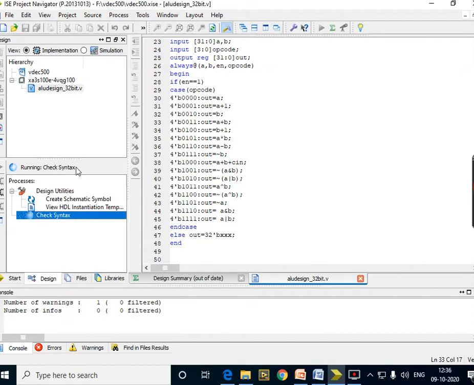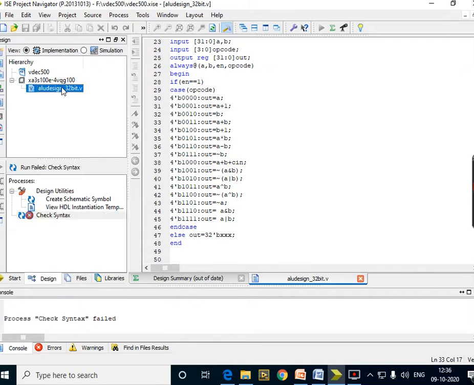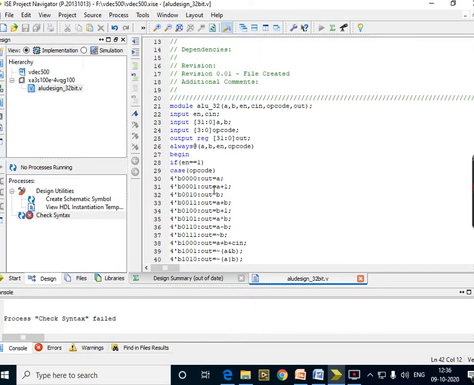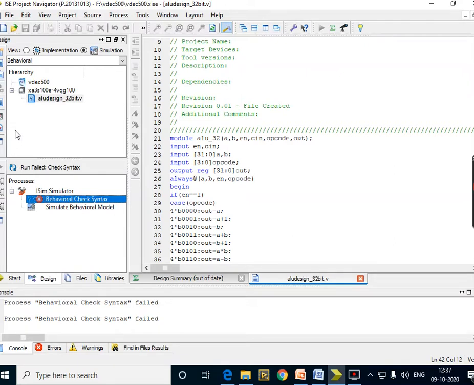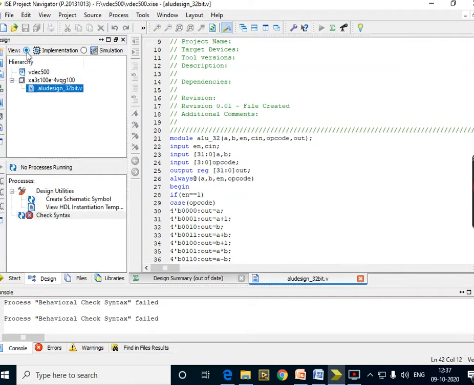So I'm doing the checking of the syntax. Okay, so it is showing that syntax error, so therefore I'll make one small change. As you can see, the behavioral check syntax also doesn't give any result if it is doing this particular job. Okay, so next we'll be going for the implementation, and in implementation we have already added this